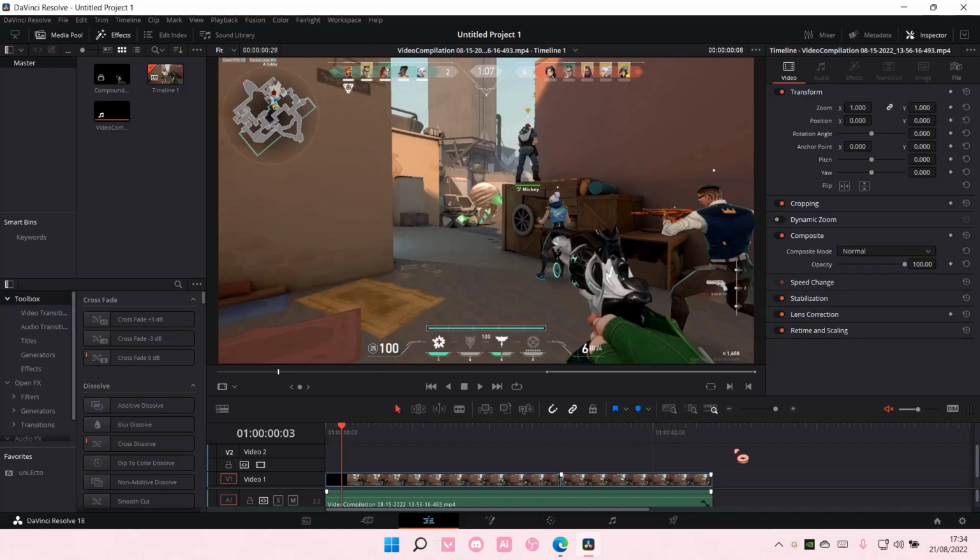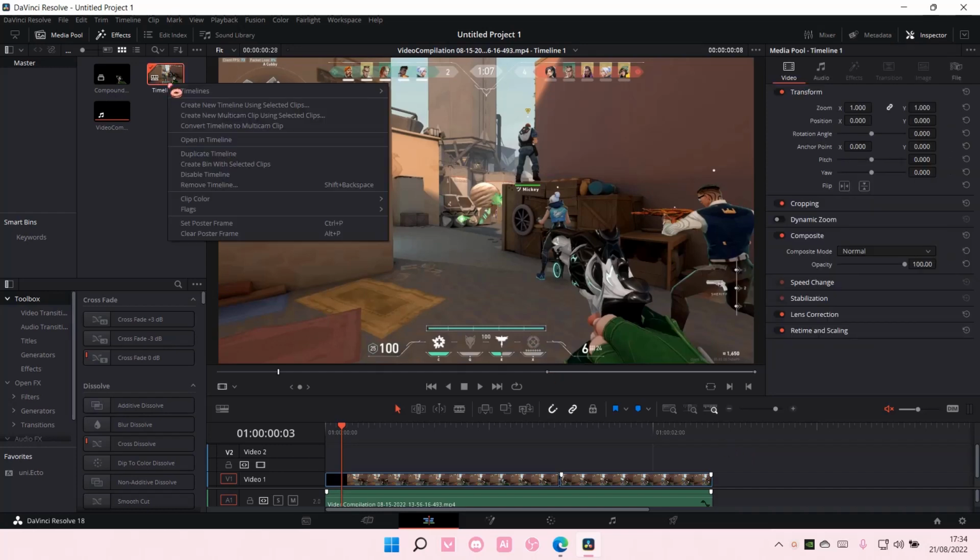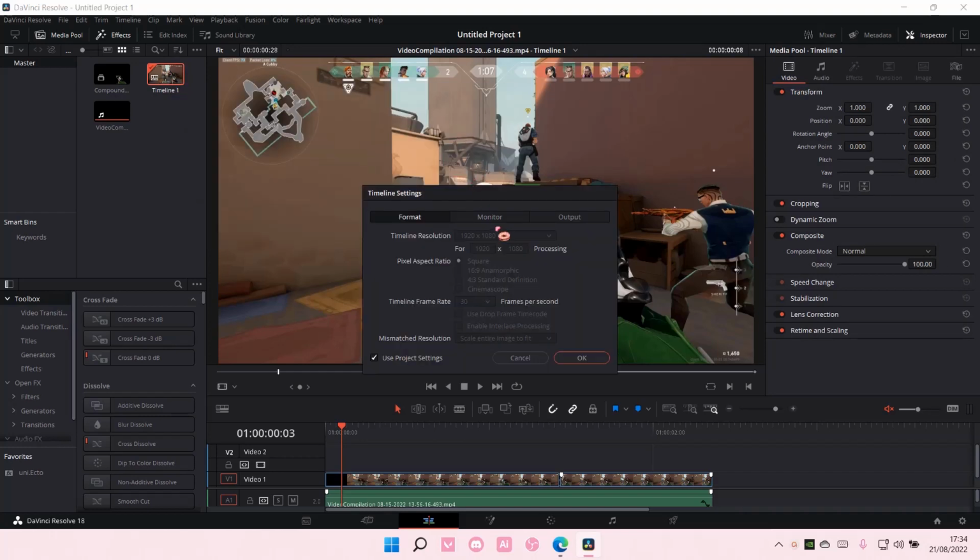In this video I'll be showing you guys how you can export your videos in DaVinci Resolve. So make sure your timeline's resolution is high. Go to timeline settings, and then the timeline resolution is, so unclick this. Make sure it is